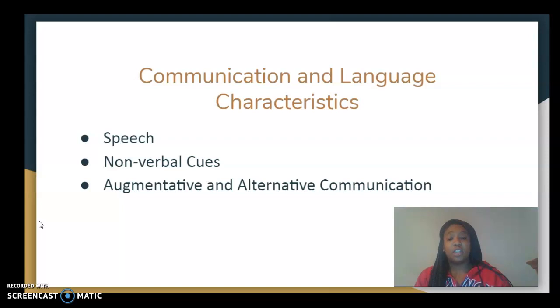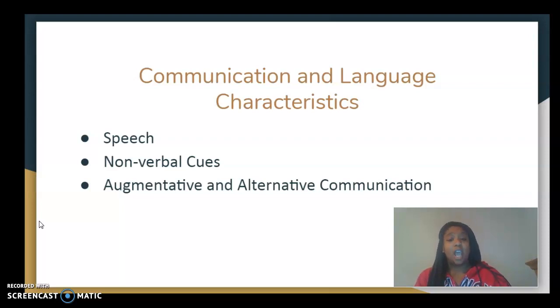Communication and language characteristics, speech, and pragmatics. Picking up on idioms and figurative language is a difficulty for individuals with ASD. They often struggle with that, which comes into not picking up on sarcasm in different social settings. When we're talking about middle school, high school, and adult individuals with ASD, that becomes a level of difficulty. Nonverbal cues, such as someone making a facial gesture to let them know they are uncomfortable,